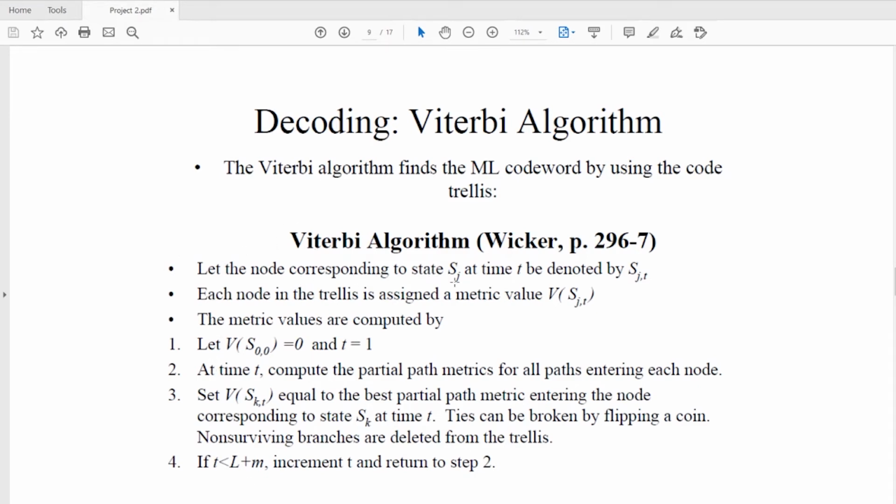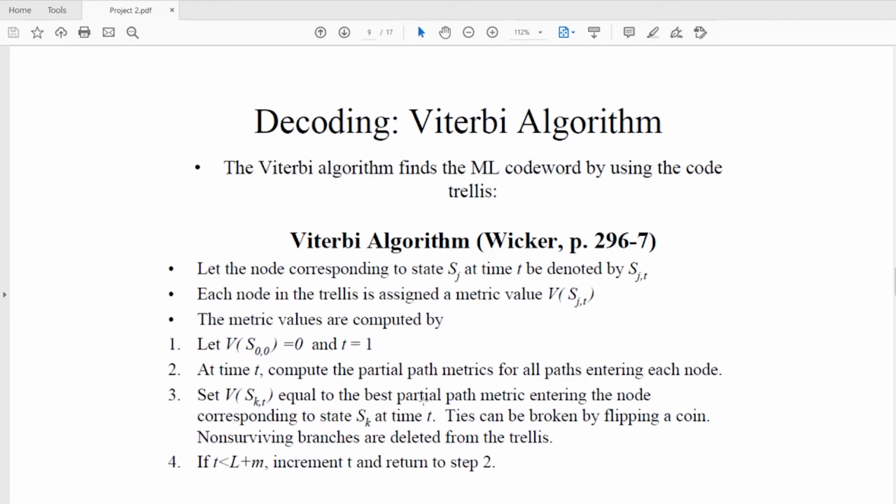Let the node corresponding to the state Sj at time t be denoted by Sjt. Each node in the trellis is assigned a metric value. The metric values are computed by: let v equal 0 and t equal 1. At time t, compute the partial path metric for all paths entering each node.